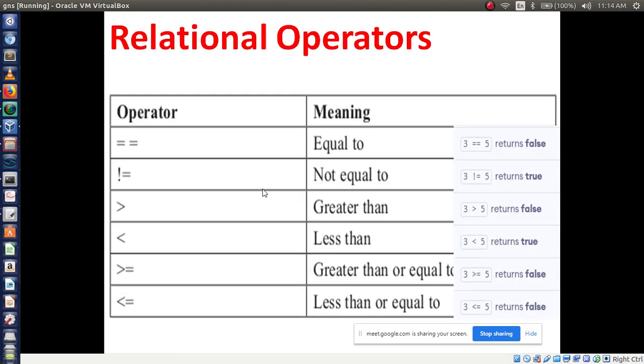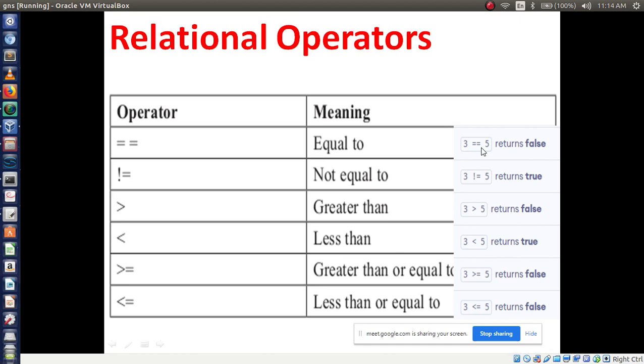These all are relational operators. You have to remember these operators: equal, not equal, greater than, less than, greater than or equal, less than or equal, right? One example you have to give here. The equal operator means you use two equal signs in programming language. Example: 3 is equal to 5.